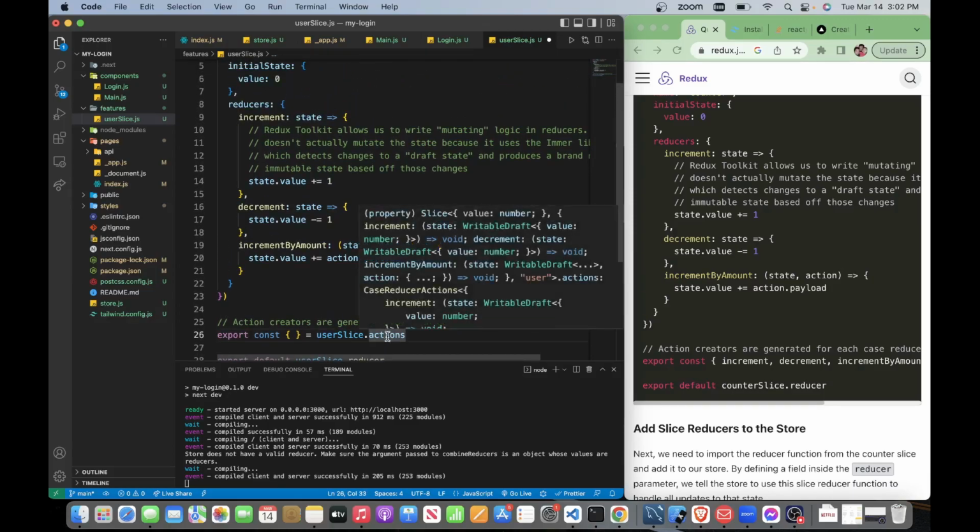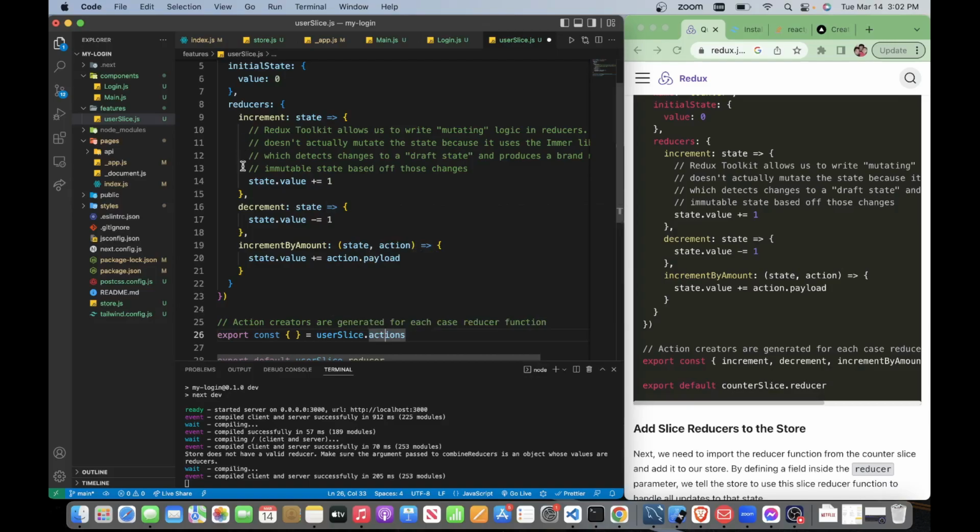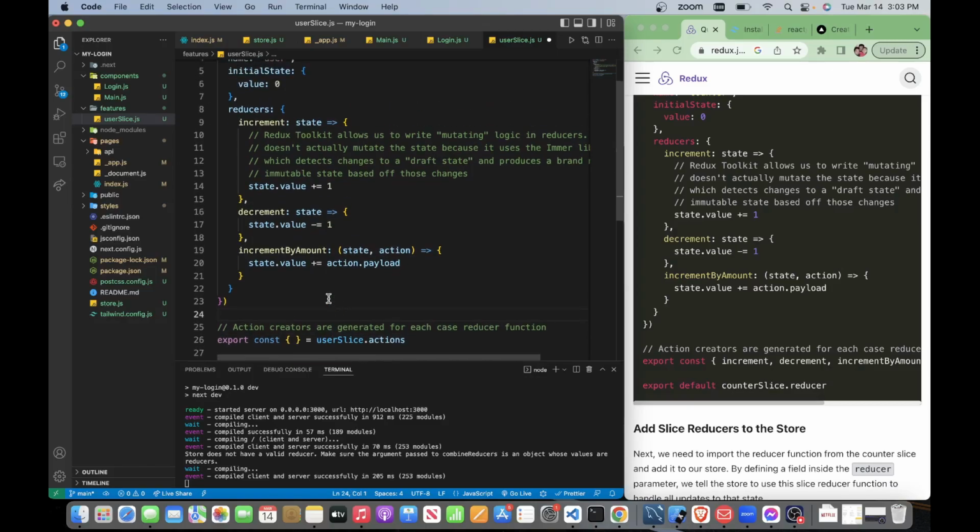This right here is gonna, whatever the action is here, any action we have here, we need to export it like this. Increment is increasing a number, decrement is decreasing, all this, and the action right here, increment by amount, is whatever the user put in, it's gonna go into this action, and then payload. Okay,